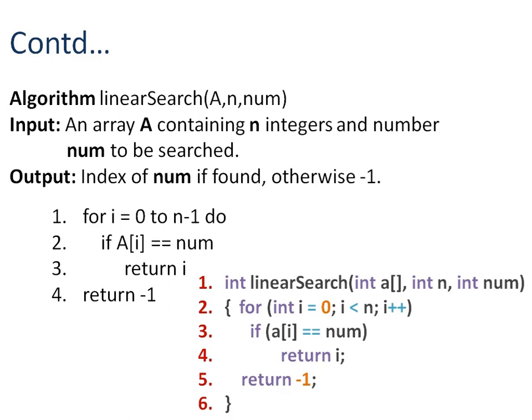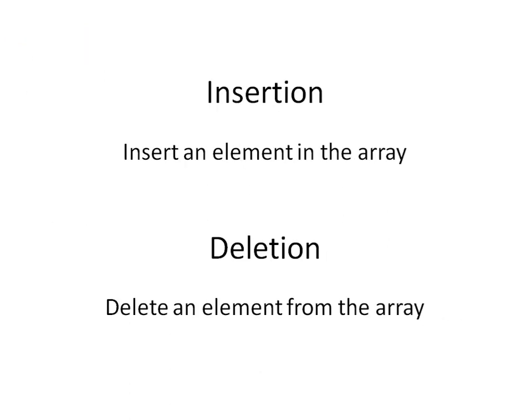However, in the average or worst case scenario, complexity is of the order of n. Next are the insertion operation and the deletion operation. In insertion, we assume that the user will provide the element to be inserted in an array along with the index position at which it is to be inserted. So basically, we have to create space for this new element and then perform the actual insertion.